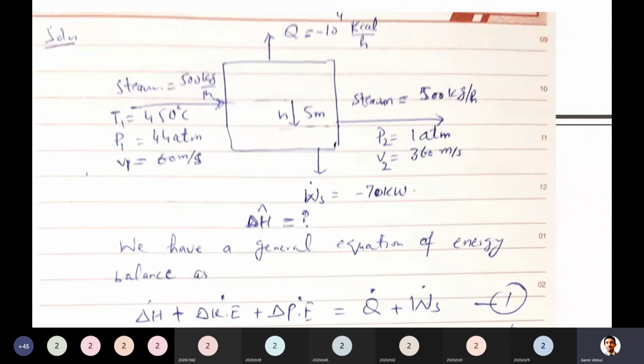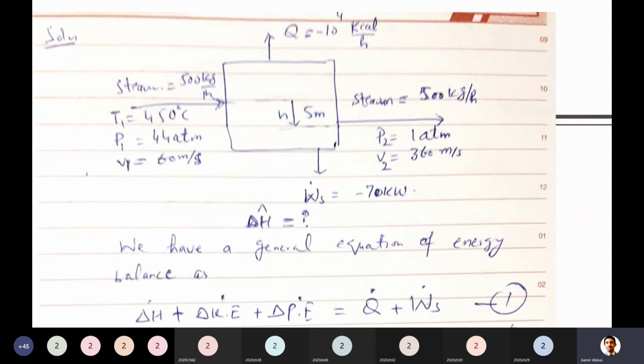Look, kinetic energy. How can you find the change in kinetic energy? Take the kinetic energy at inlet and outlet, and their difference. Actually, it is outlet minus inlet. Yesterday, the last term was this delta, or actually outlet minus inlet for each term. Like if it is delta H, it is H at outlet minus H at inlet, and so on.